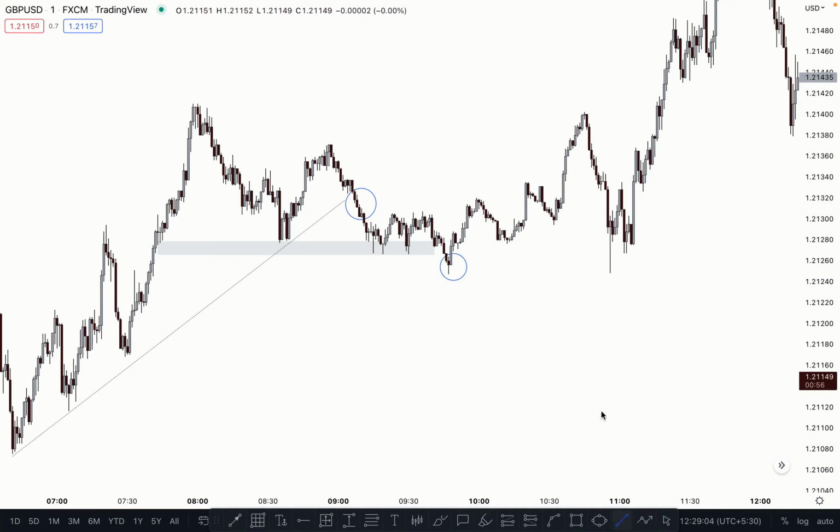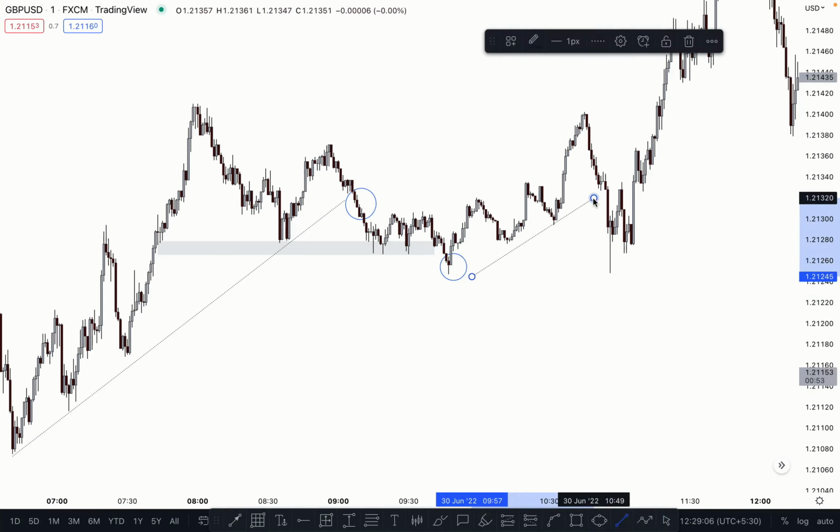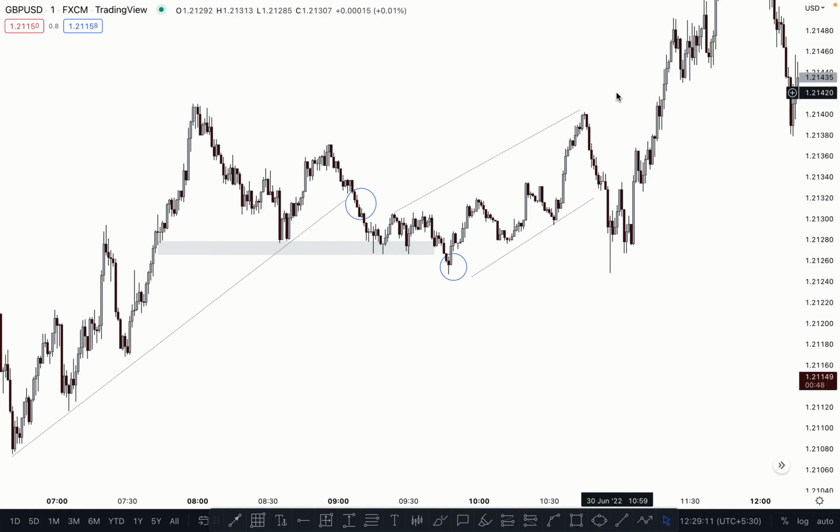And another time, price creates this channel, which is also a reversal pattern. These show three to four types of reversal signs in a bearish market. What happened here? The market collected all the liquidity. First is here, the support and resistance liquidity, and then the trendline liquidity. After collecting all liquidity, the market tapped on the extreme order block and pushed higher. This happens most of the time with traders.